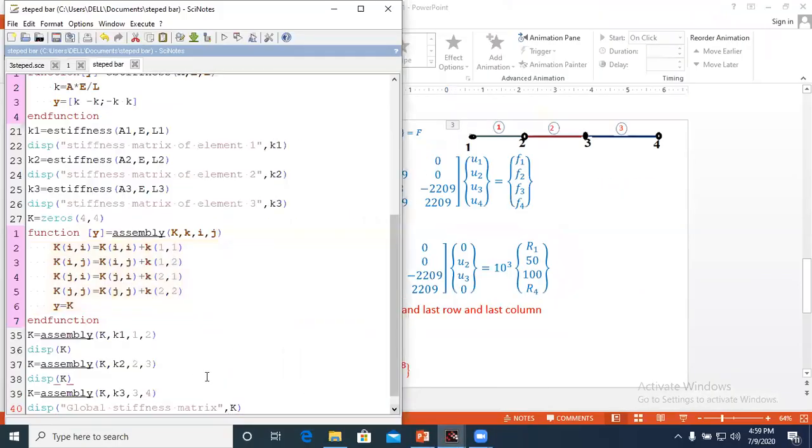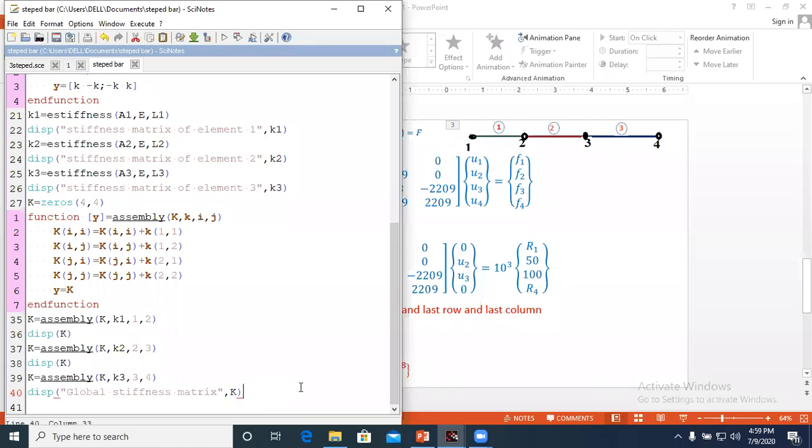I will show you. Now, for extracting the second row and second column, I will define one variable. Suppose small k equal to k in bracket 2:3. 2:3 means second row and third row. After that, you extract the second column and third column.